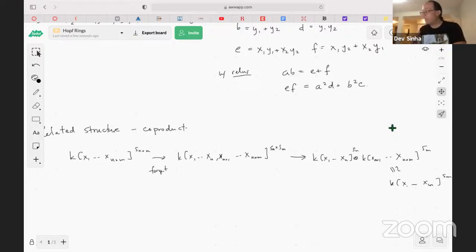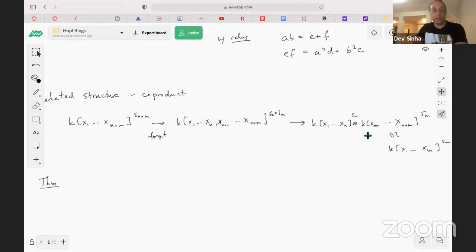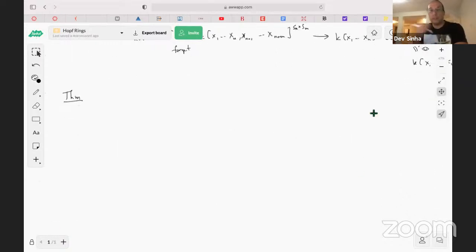And then the theorem is that the usual product, the standard product on symmetric polynomials, that is the one that just takes symmetric polynomials with the same number of variables and just multiplies them, and you have something invariant still,